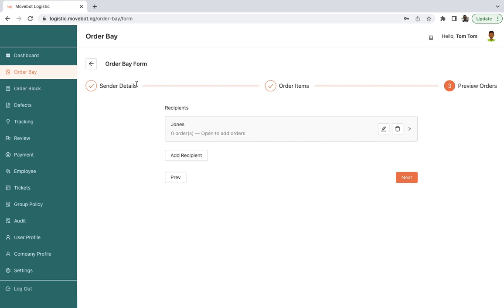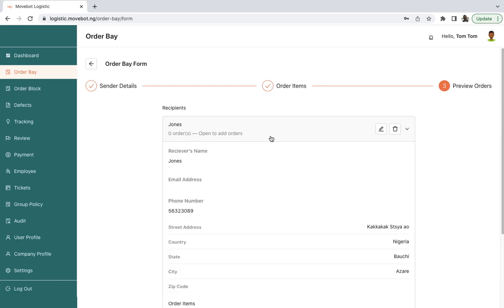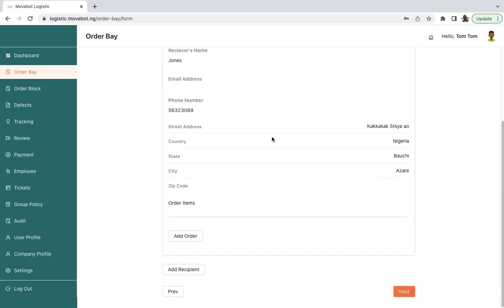If this sender wants to send multiple things to different recipients, this is the opportunity for you to click on add another recipient. But if he's sending just one parcel from one sender to a recipient, then you don't need to add another recipient. Just click on this to expand it, and in that case, you can see the add order